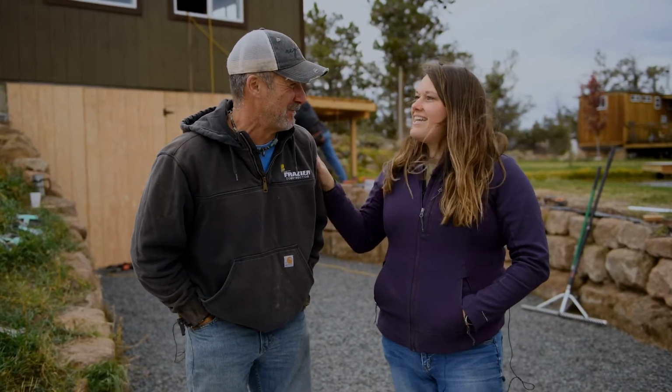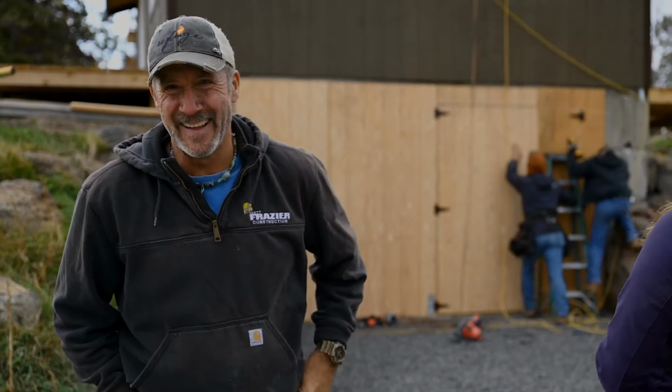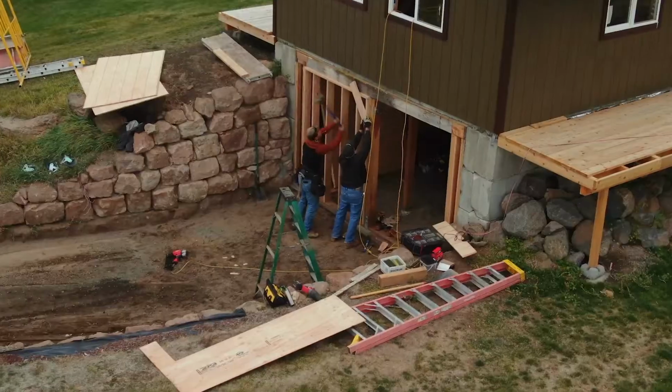Here we have Troy, one of our founders on the ranch, and he's having a great day. He's running a crew to head up the cannery and the root cellar projects. Hey guys, I'm out here. It's Batten Down the Hatches